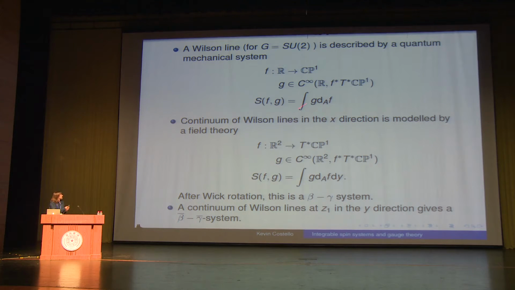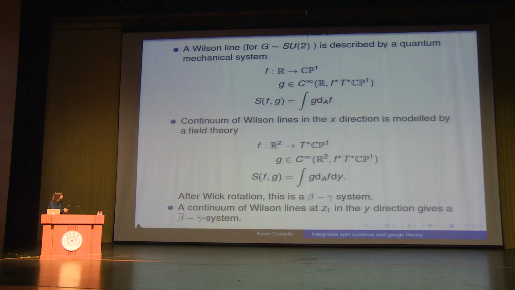But that's just a map from R2 to CP1. Sorry, that cotangent bundle should not be there. That was a mistake. So a map from R2 to CP1. And then I should have some other field, G, which is a section of the pullback of the cotangent bundle, and an action, which is the same kind of action, GDF, together with the dy term, because now we're summing over all the different positions, the continuum of the positions of